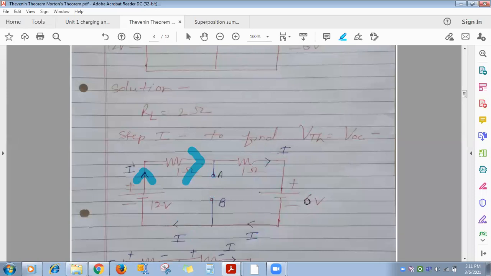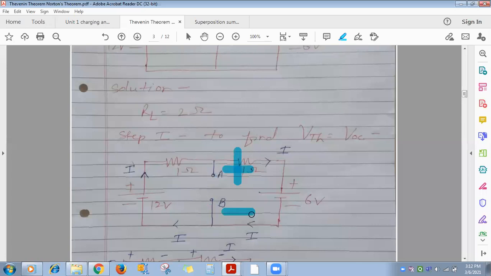Suppose it's a DC voltage. Will this voltage across A and B have some polarity or not? Yes, it will have polarity, because if you hold one probe of a DMM across A and another across B and you get +5 volts, then with the probes swapped you will get -5 volts. Means it has polarity. In a DC circuit, fixed polarity will be there. So suppose I mark A as positive and B as negative. You can mark it reverse also, doesn't matter.